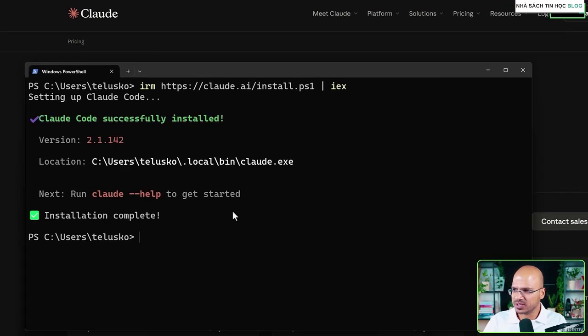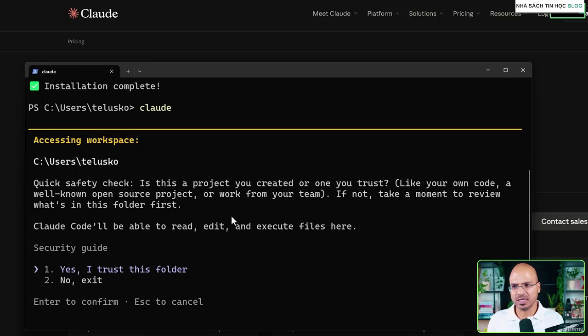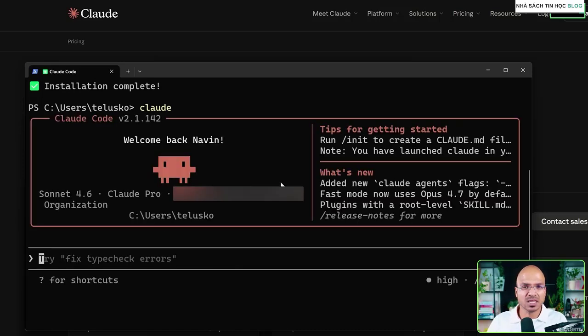Now, once you have your setup done, the next step is to actually type this command called Claude. When you hit enter, since it is going to change certain things in your system, and that is risky, right? Because AI is going to change the files and stuff, you have to give the permission. So it will ask you for the root directory permission. If you want to build something and give limited folder permission, then create a particular folder and do that. Okay, so I'm going to say trusted, and this is how it looks.